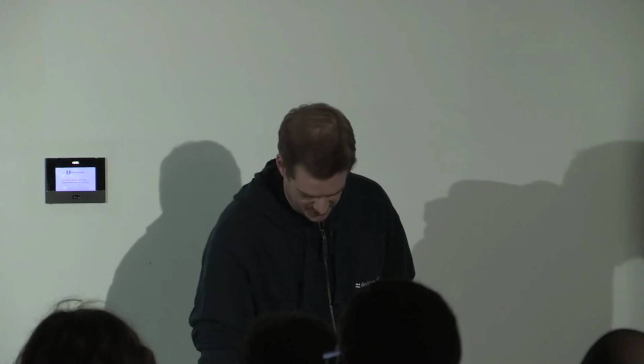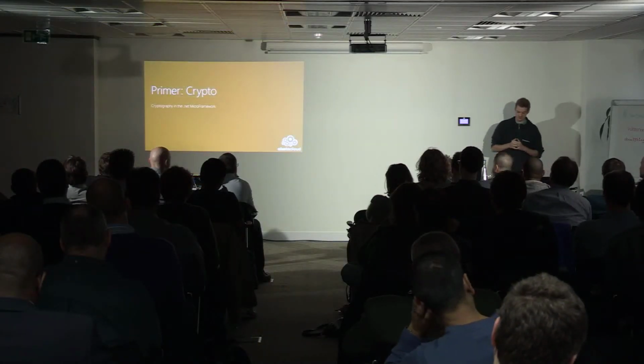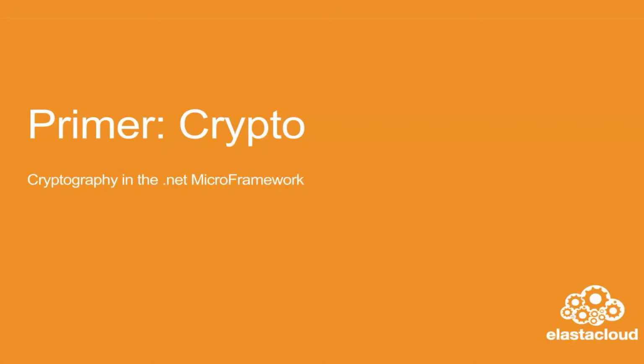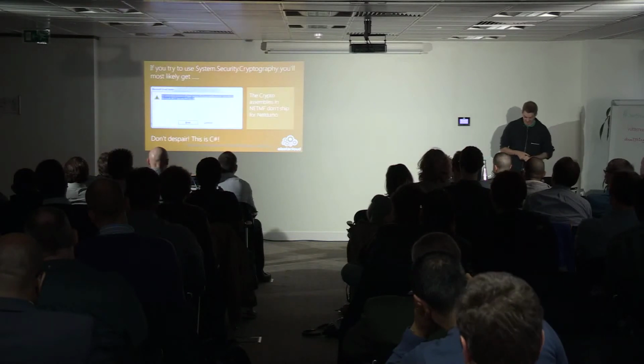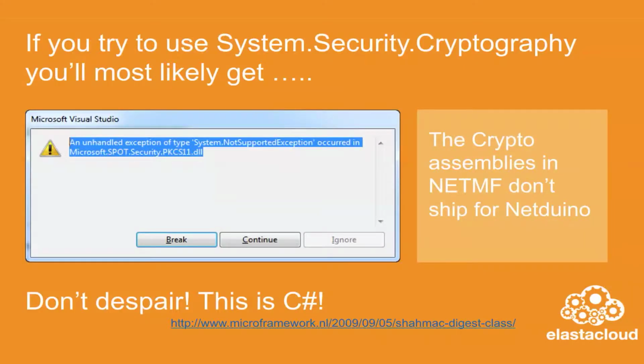So I'll skip ahead to cryptography. Right, this has been the bane of my life for the last couple of weeks, trying to get some of these demos to work, because this is what happens. If you try and use any of it, you get a not supported exception, because on the Netduino they don't ship the crypto libraries. The reason for that is there's not enough memory to do that and still have a large program. You can actually get them to work on here. You can compile your own version of the firmware and put it on top. It's all open source, and there are loads of guides online by the Netduino guys about how to do exactly that. So it's not even difficult.